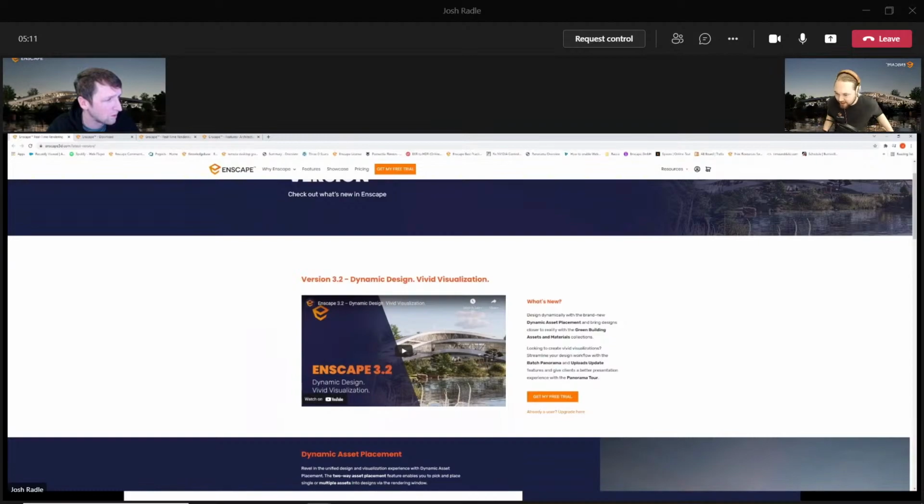Can you confirm that dynamic assets will be applied to the active workset in Revit? I'm not sure, Josh, did you test that? I think that's the case. Sorry, I was reading another question. The question is whether dynamic assets are applied to the active workset in Revit. Yep, they are. So whatever you have selected at that time, that's what they're going to be placed on.